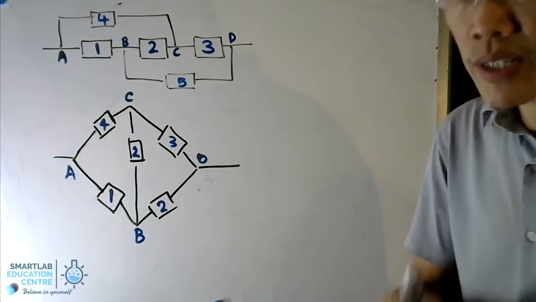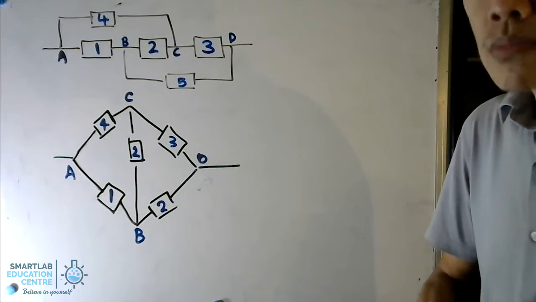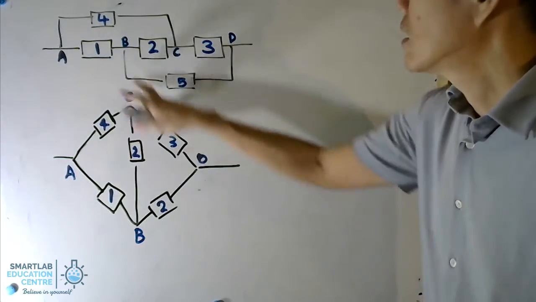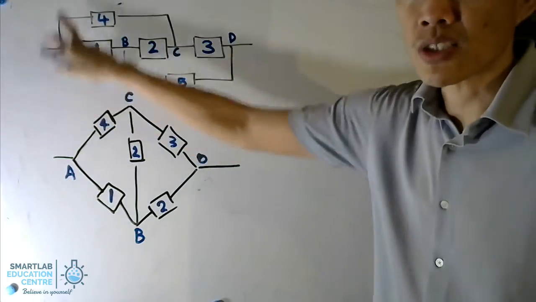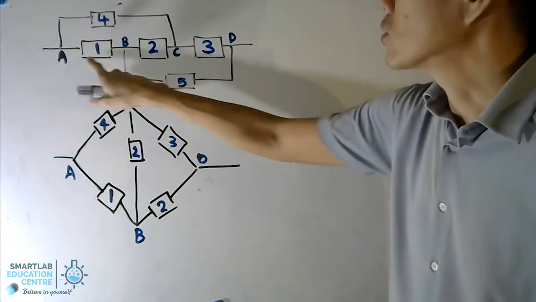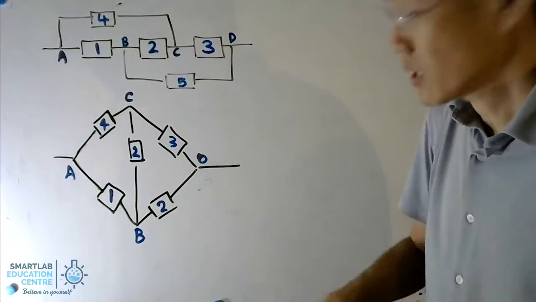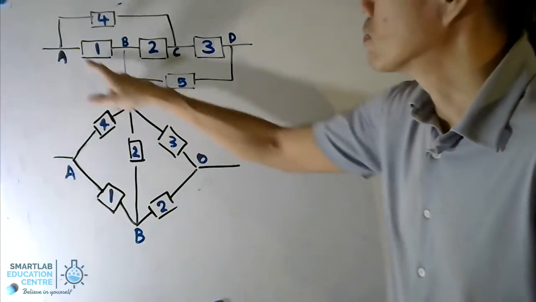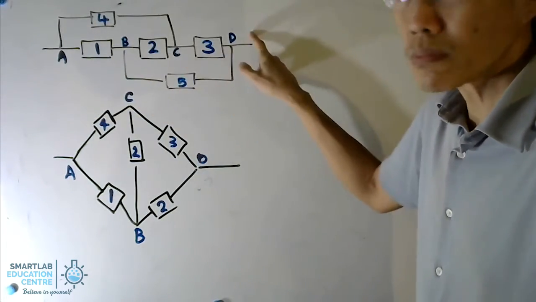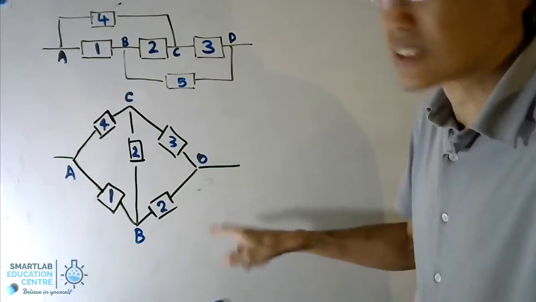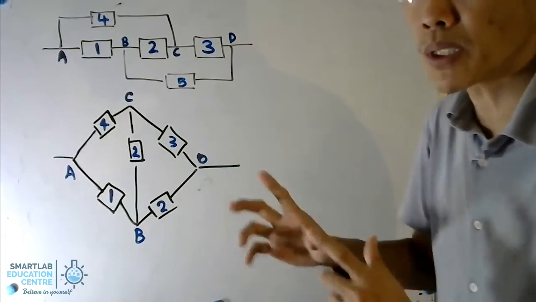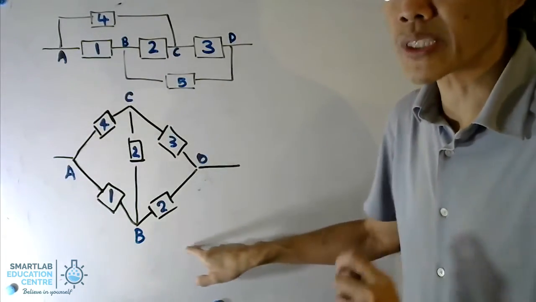Let's take a look at a very popular question on a specific network of resistors. These are the 5 resistors that are always tested in exams. You will be able to see that we have a resistor layout as such. And what we have done here is to label the points. By labeling the points, it guides you to draw the resistors in an easier manner for you to interpret.